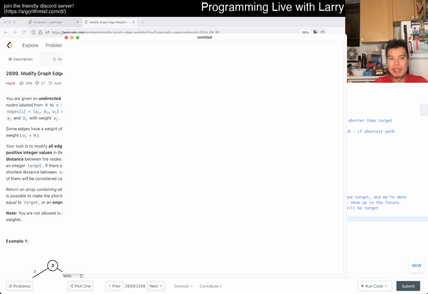So let's say you have an initial graph. We just pretend the negative ones don't exist, and that's fine because we can always choose the negative ones to be 2 times 10 to the 9, which is over the target. So they'll never be correct, which in effect means they don't exist. Like we can make them not exist. So now let's say we construct a graph, right? Then we have these things and you have like fake edges that we need to set, but they don't really exist, right? And the thing is that we can now do Dijkstra's, but minimize on 2 things, right? We can minimize on the number of